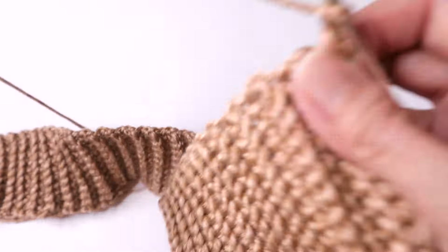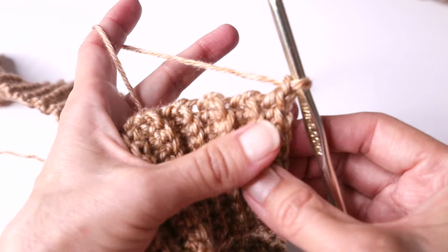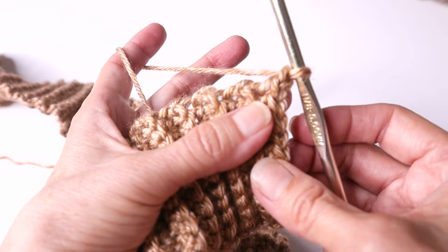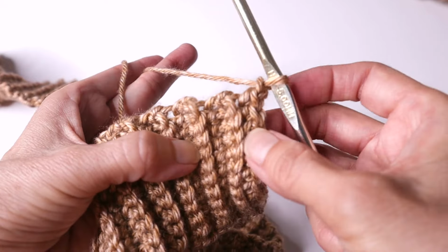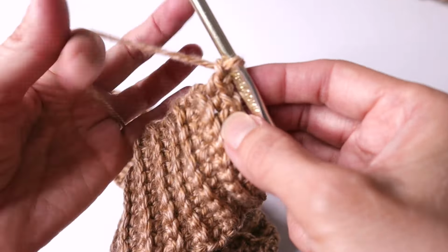So now we're going to do one row along the edge of regular single crochets. So at the end of row 88, chain 1, just turn this slightly so it's facing you. And now in each row, you're going to work a single crochet so that you end up with 88 single crochets for 88 rows. Okay, so start right here on the first one,